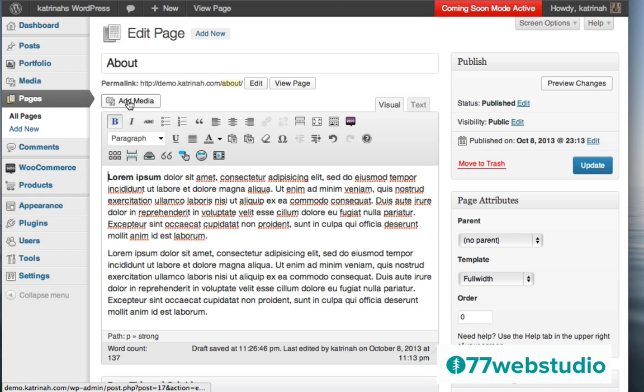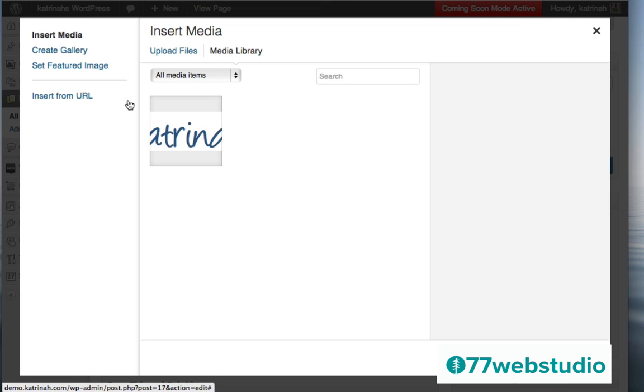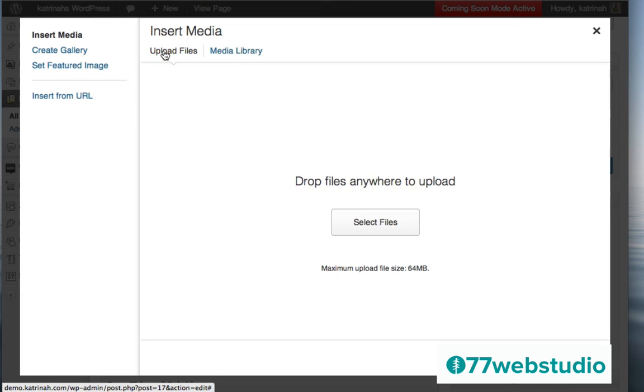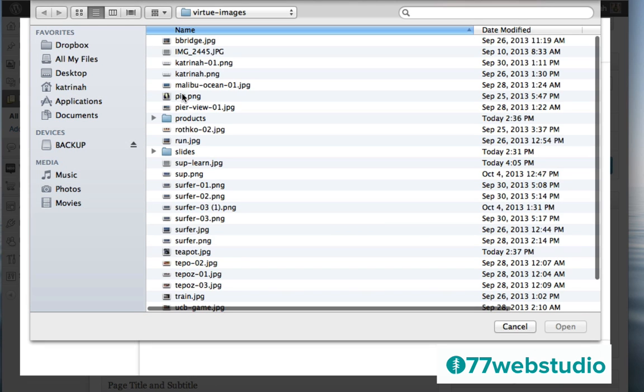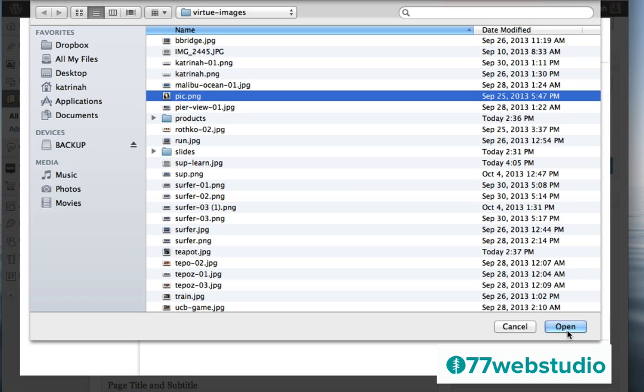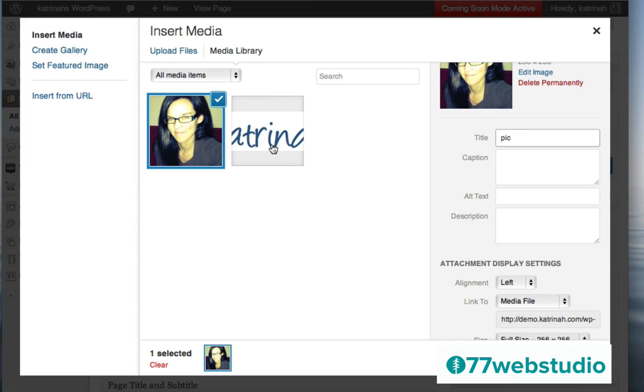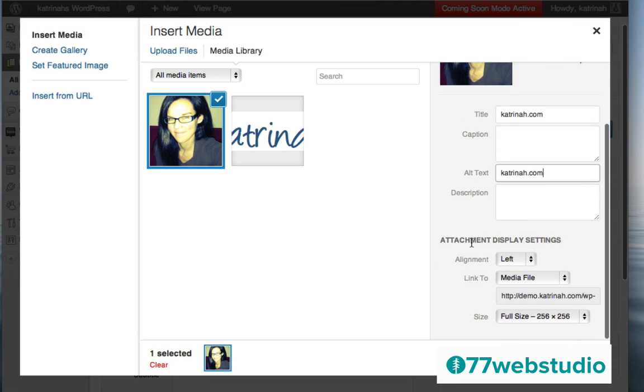And then I'm going to click on Add Media to add some media. Next, I'll click on Upload File to upload a new file and then select Files. And here I'm going to choose the file that I like and click on Open. And once the image has been added to the website, next we need to add a title and an alternative text. Once you have your title and alternative text, the next step is the attachment display settings, and here you can choose whether you want alignment of this image, left, center, right, or none. I'm going to choose left alignment.